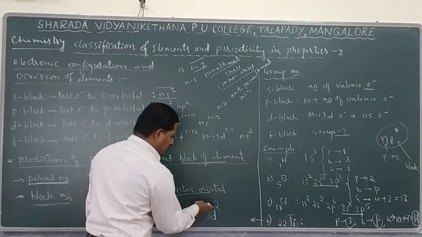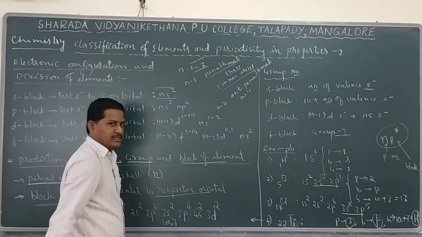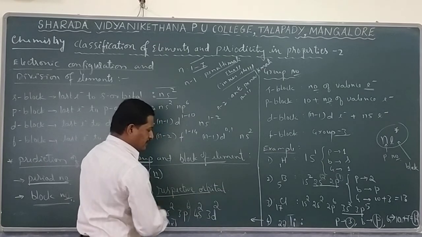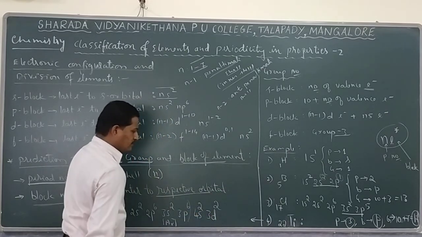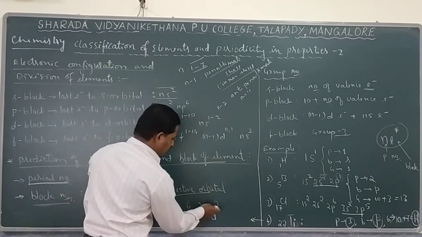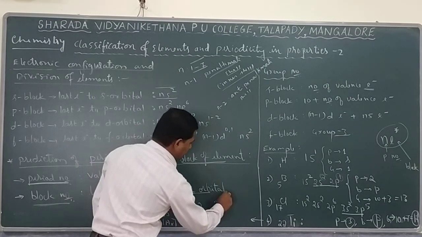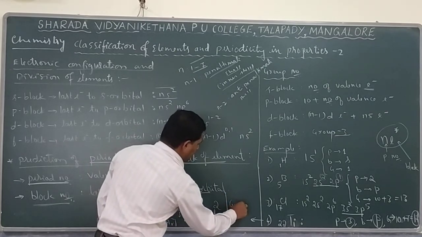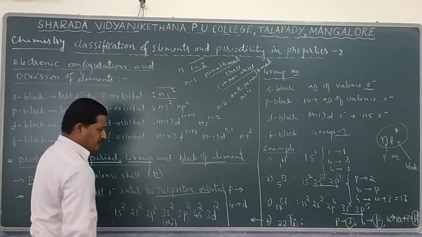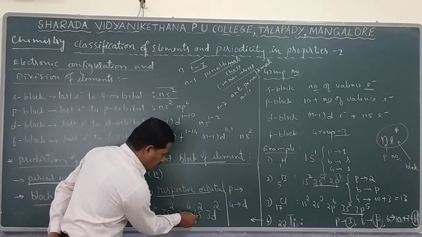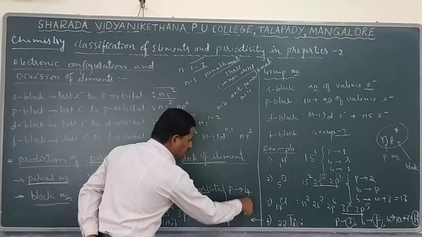Now tell me, whether 4s or 3d holds the last electron, according to the energy level or electronic configuration. 3d is the lower energy, whereas 4s is going to be higher energy. So here the last electron enters the 3d orbital. So the block is going to be d. And if you want to find the period number, which is the valence shell, third or fourth? 4 is the valence shell. So the period number is 4.